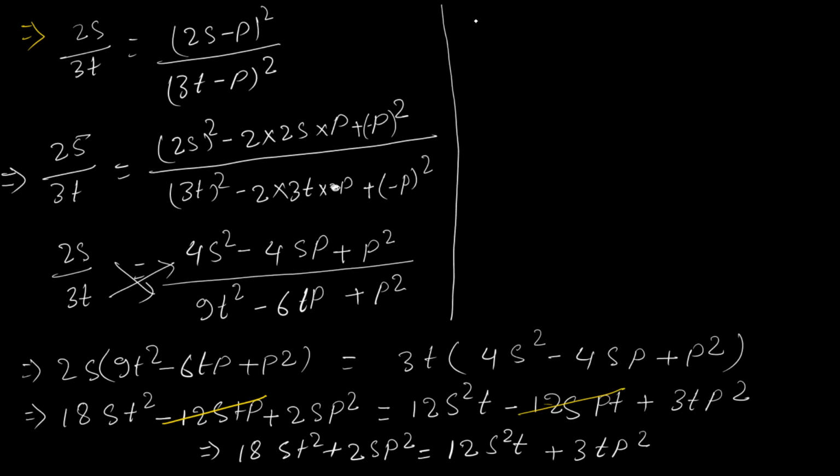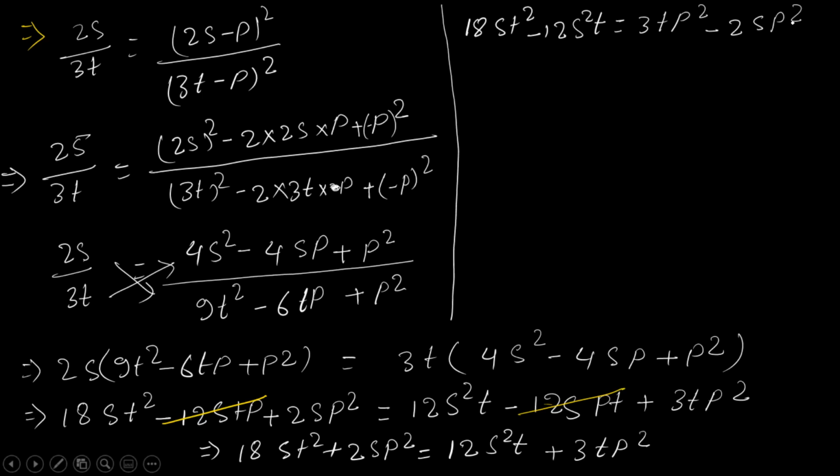18 st square minus 12 s square t. What I have done, this 12 I have brought this side, and here 3 tp square minus 2 sp square. What I have done, this 2 I have brought that side. Fine. So here you will have